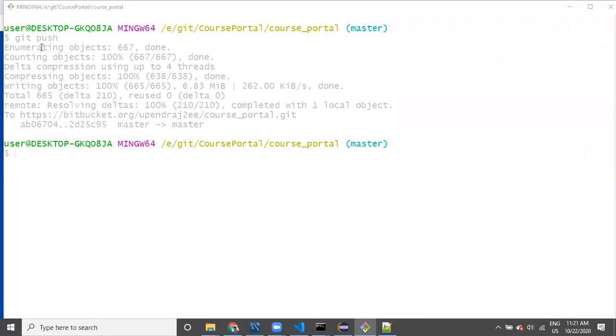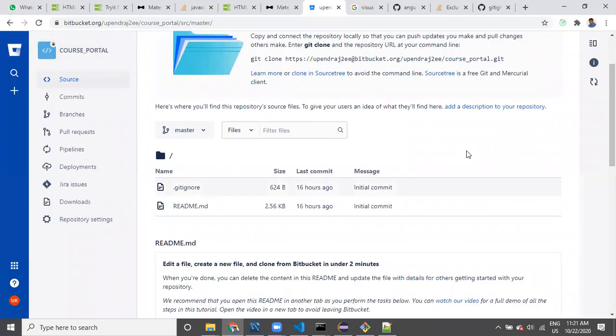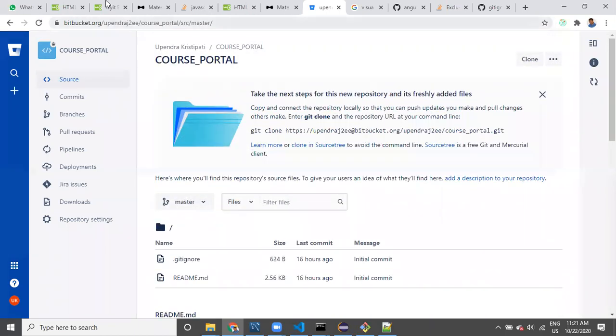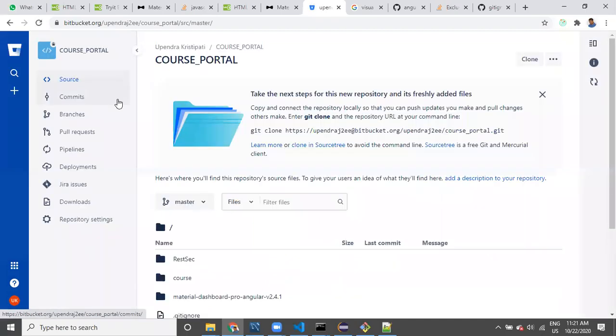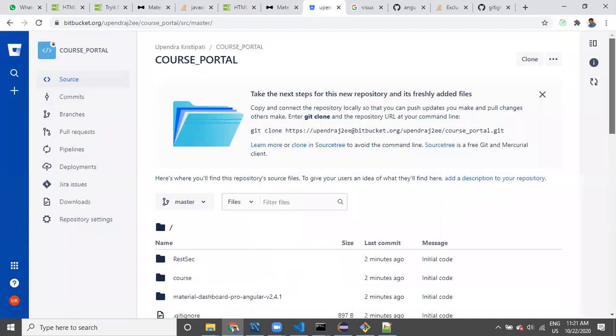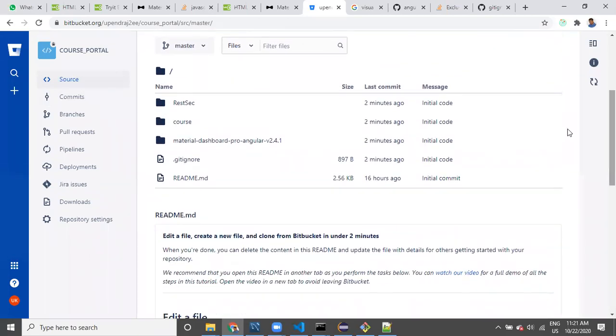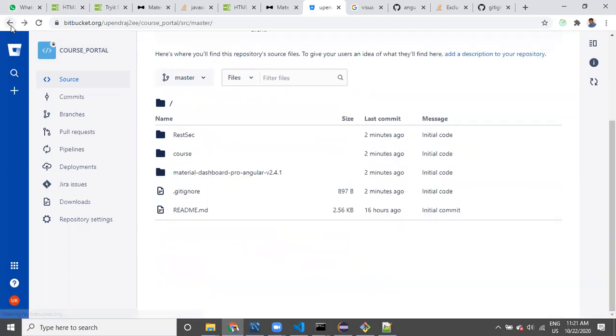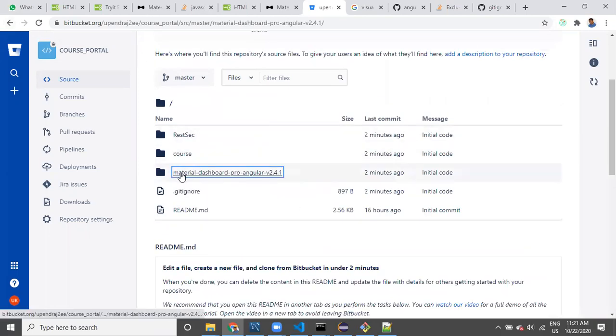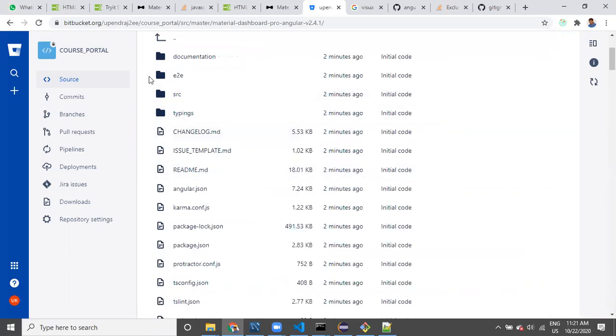See here guys, codes portal zip. Okay, just refresh it. Yeah, see here guys, once we have committed, we can see the code is available here, and then go to the material dashboard.